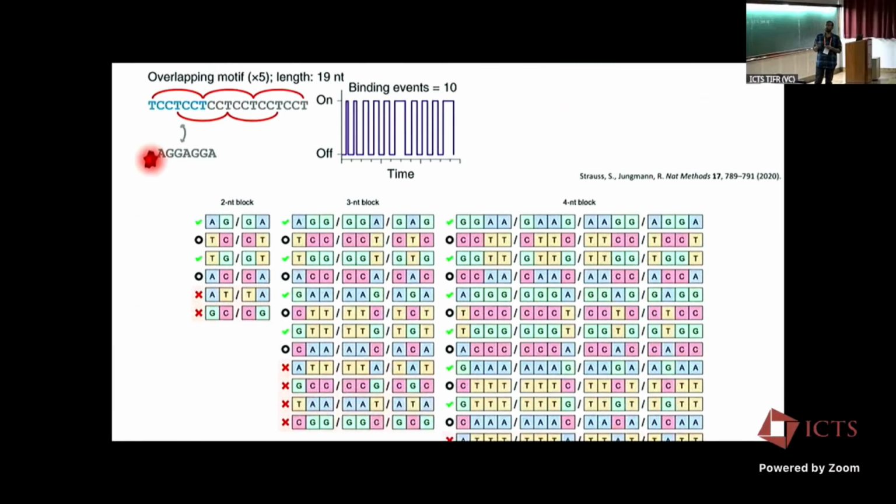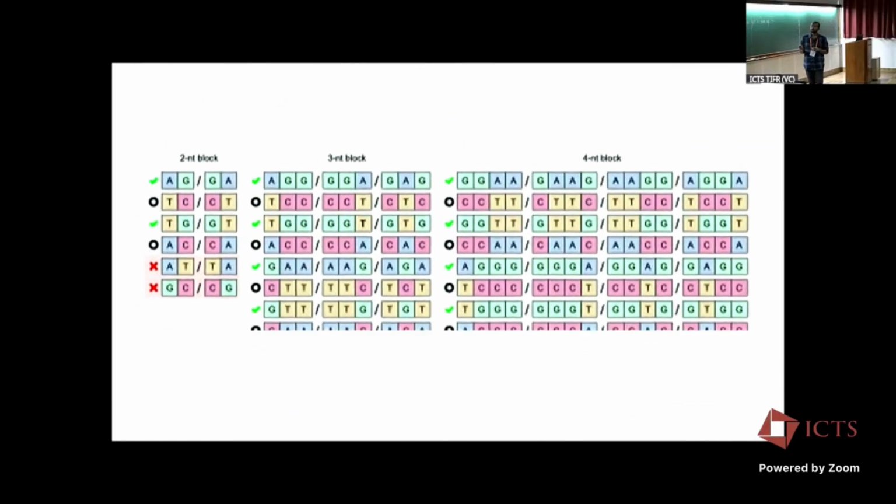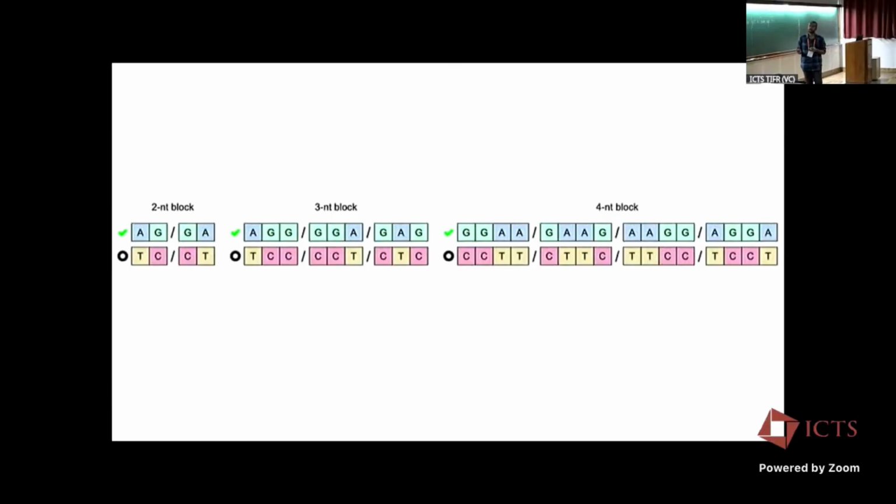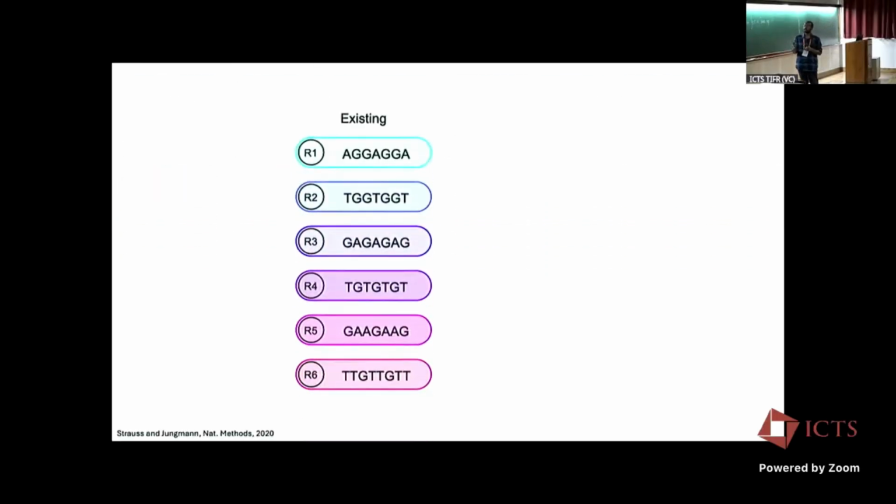So I would like to focus on individual blocks. We can start with the 2 nucleotide blocks. You can have AG repeats or GAGA repeats. Similarly, we can take a 3 nucleotide block, where you have blocks which are simply repeating and which can be concatenated one after the other. So 2 and 3 nucleotide blocks were already explored and published in 2020. We started working with the 4 nucleotide block, where each block contains 4 bases which are repeating one after the other. And so these were the existing pool of sequences, the speed sequences, which allow faster DNA-PAINT